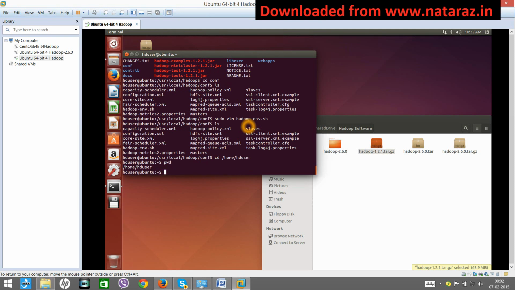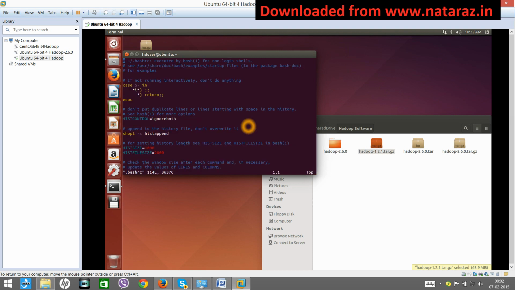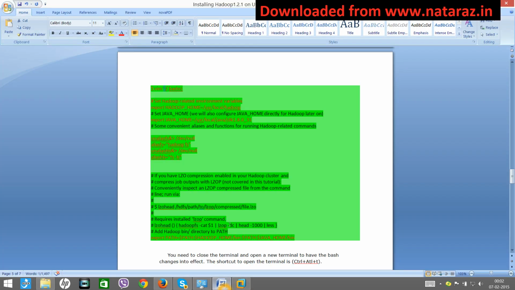You need to edit that, vi .bashrc. Okay, and what are you going to put? You are going to put these details. HADOOP_HOME, where have you installed Hadoop? /usr/local/hadoop, right? Do you remember the actual folder name was hadoop-1.2.1, but we created a symbolic link, due to which we can now refer to that folder using hadoop only.